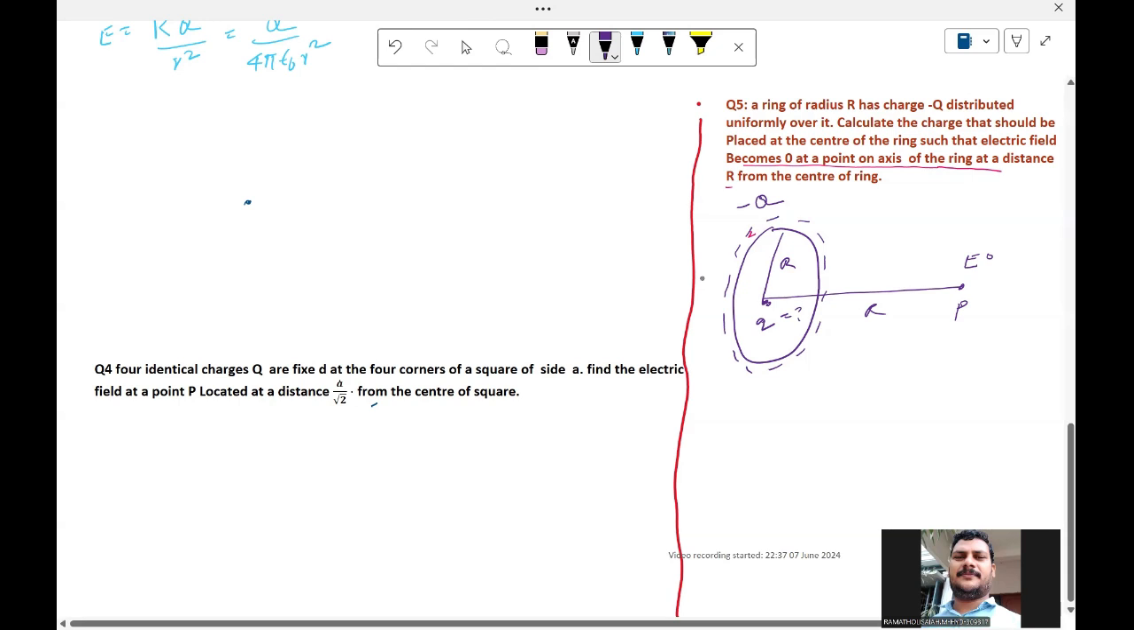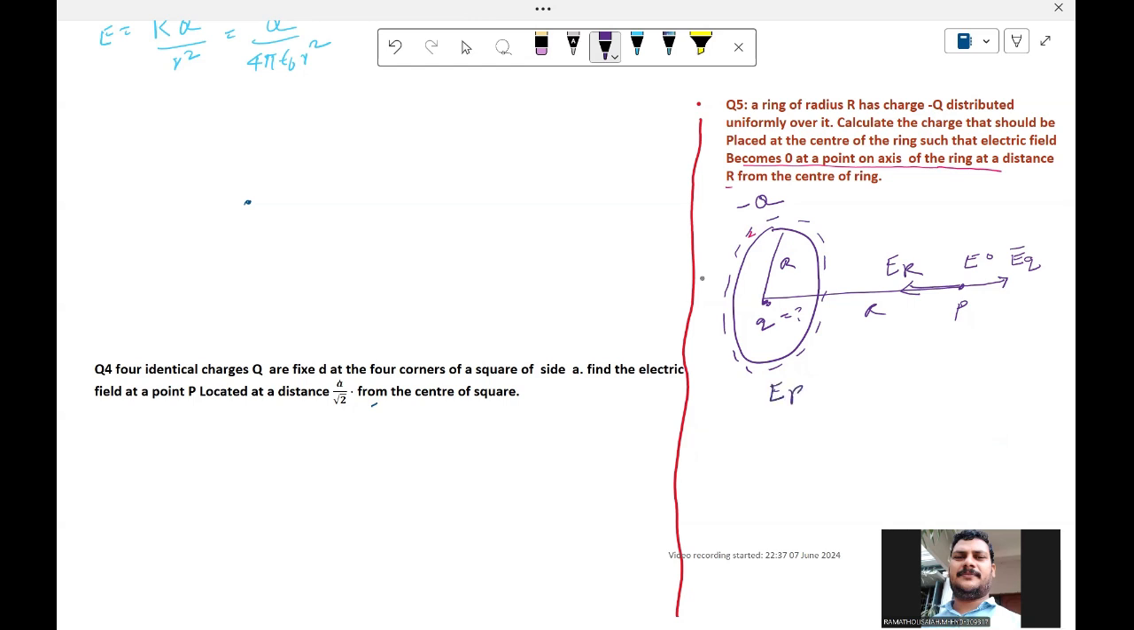So I know the field due to the ring at this point. Since the ring has negative charge, it will be attractive at this point, so in this direction is the field due to the ring. To get zero at this point, there must be an equal and opposite field acting in this direction, that is by E_Q, due to this charge. These two are equal in magnitude and opposite in direction. Therefore,